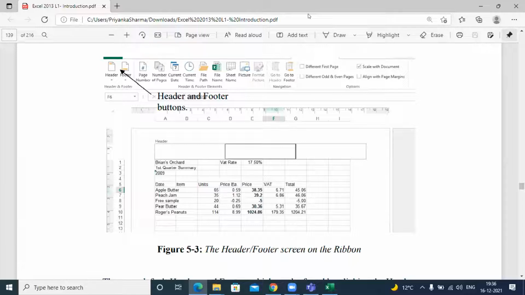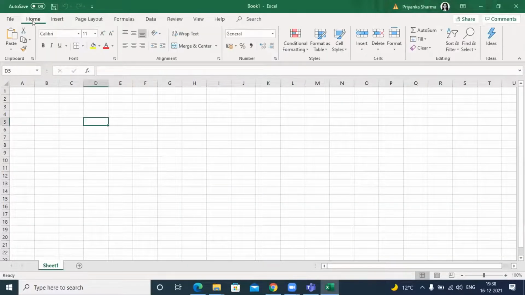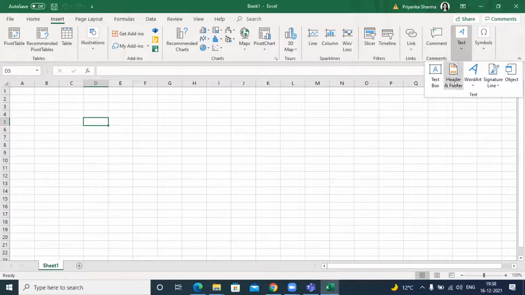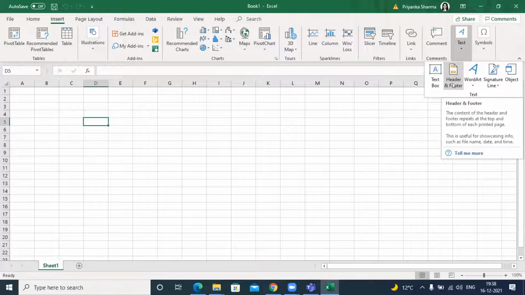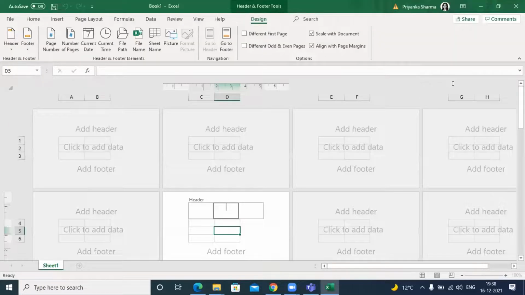All right, so let's open our Excel sheet and try to find where exactly it is. We were on the home page initially when we started. We'll click on the insert option and right in the text, you can click on this option of header and footer. As you click on header and footer, it will ask you exactly what kind of header and what kind of footer you want, or where exactly you want.